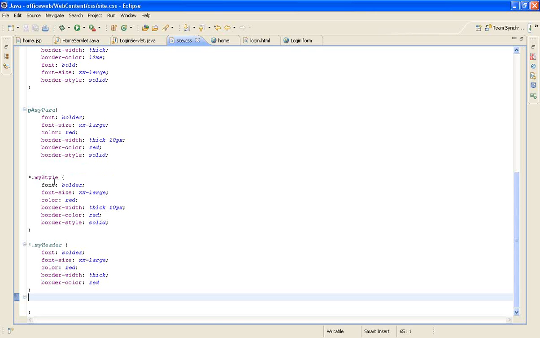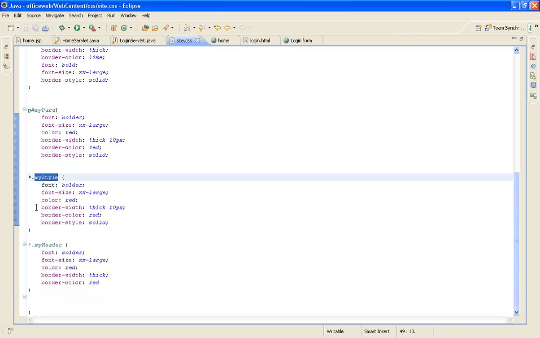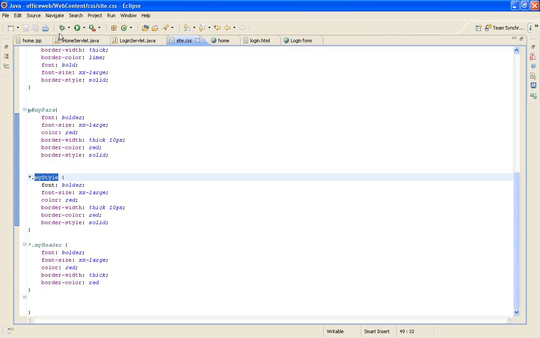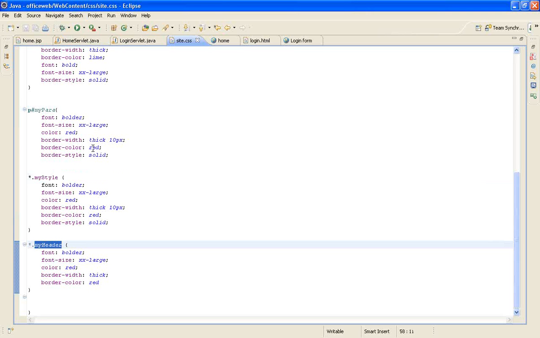Okay. So star dot my style, star dot my header. Did I use this somewhere? Let me search it. What did I use? Maybe at least my header. I might have used it somewhere.